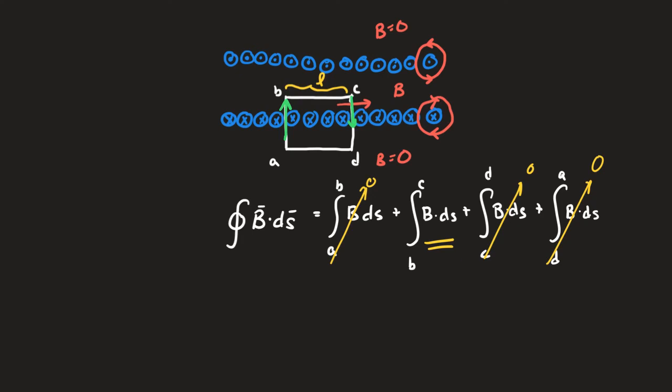So when we go from D to A, we're in the exterior of the solenoid, so there's no magnetic field there. That contributes a zero. But when we go from B to C, it's the only place where we believe we have a magnetic field. We also believe that along that line, the magnetic field is constant. So the only thing that we have left is B dot the integral of ds as we go from B to C. And that portion of our integral is just the length of our Amperian loop, which for right now is just an arbitrary number. It's actually somewhat important that you understand that this arbitrary number, L, represents the length